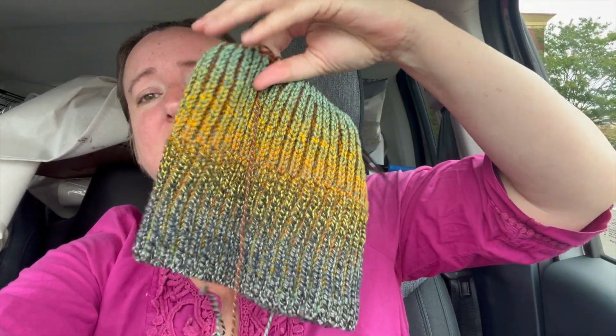I really want to make another one in a more contrasting set, something bright and obnoxious, because I usually don't do bright and obnoxious, but I feel like this would be a great project for that. But yeah, I love the way it's looking, and I'm hoping that this gold will be mostly hidden when the brim goes up, so it'll look something like that